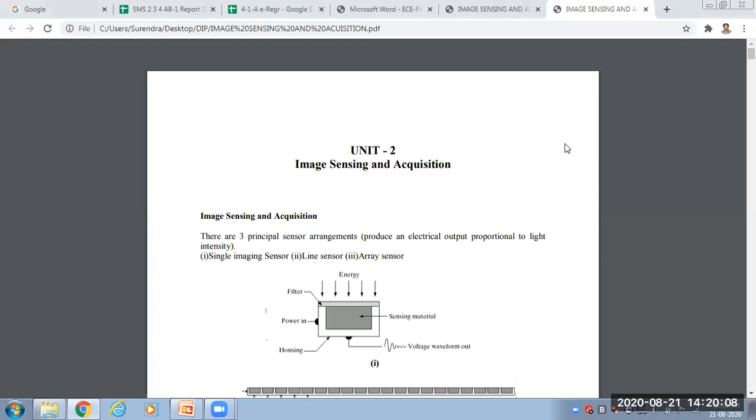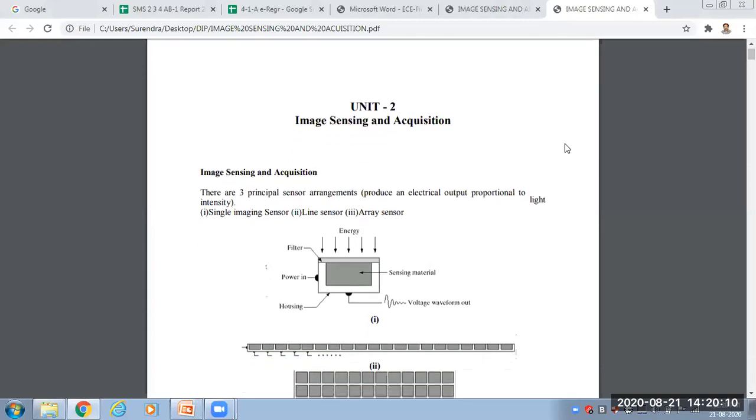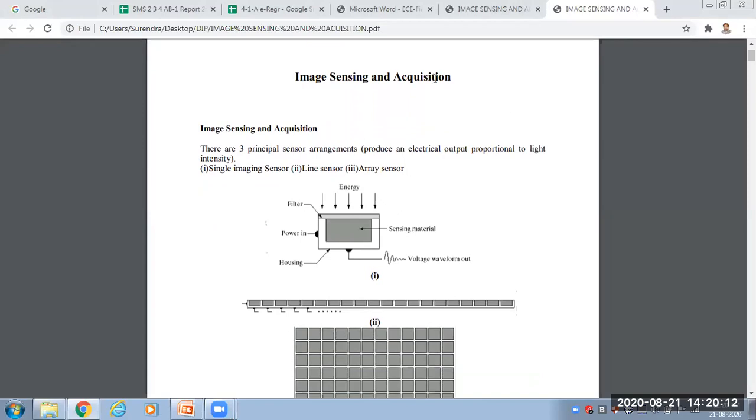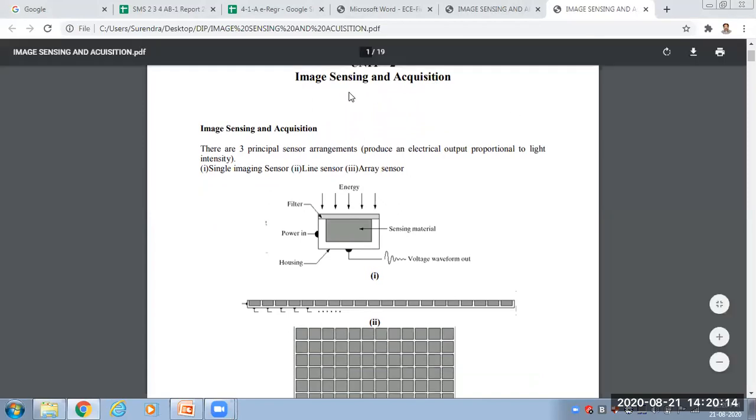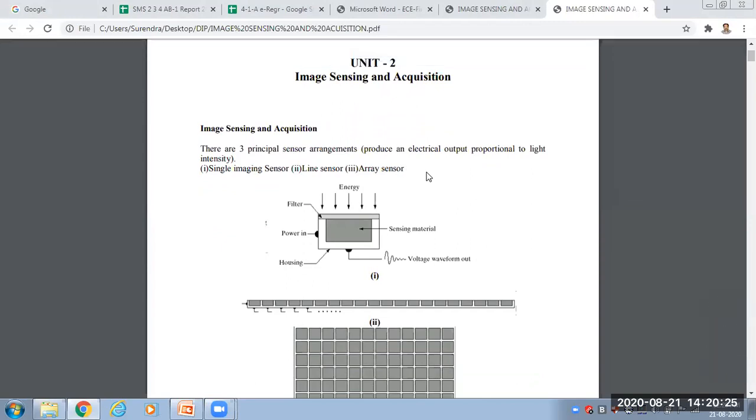Next topic is image sensing. So here you are observing image sensing and acquisition: how we are sensing the images and acquiring the images. Generally there are 3 principal sensor arrangements, that is, how we are arranging the sensing element. So here the first one is